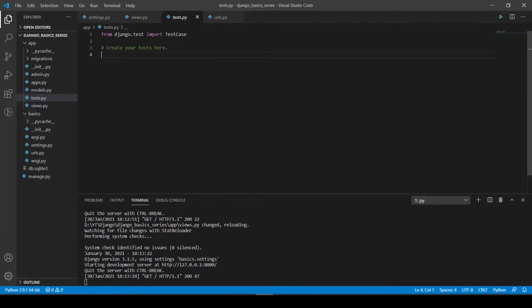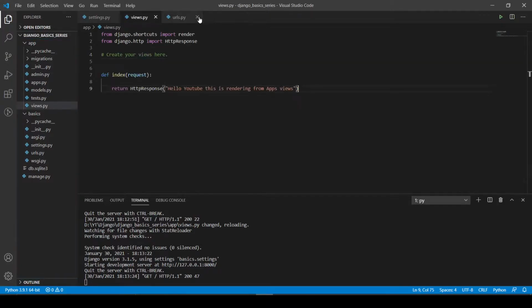Basically, if you want to test the application, you can write the code here in tests.py, or you can create a tests folder and have multiple test files. Those things we can do here.